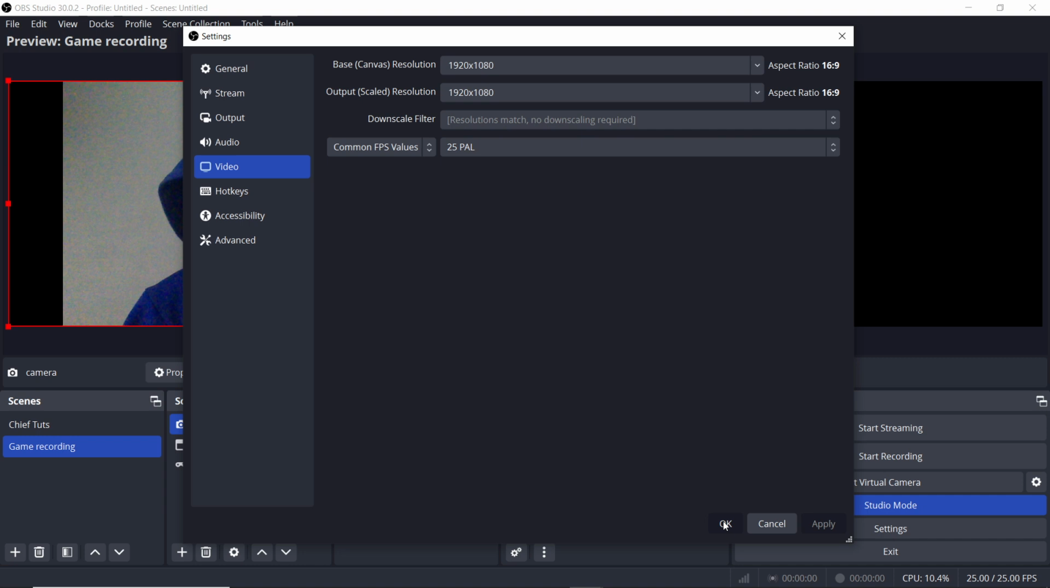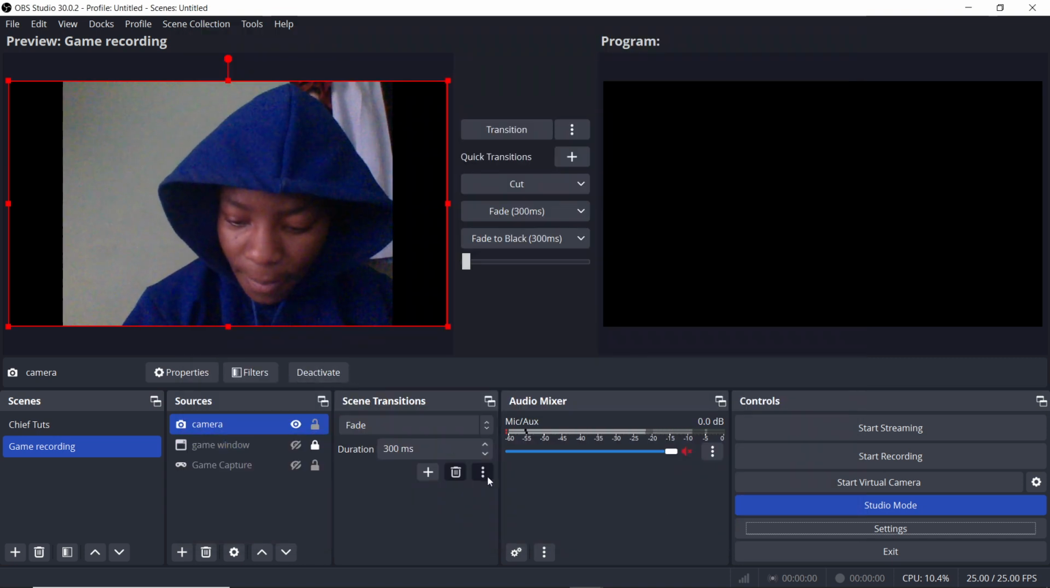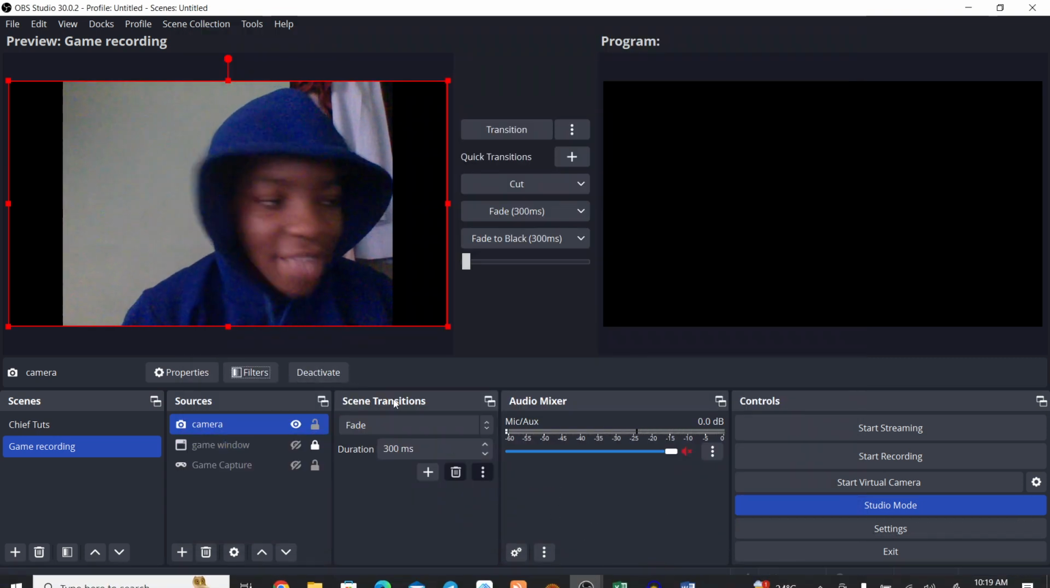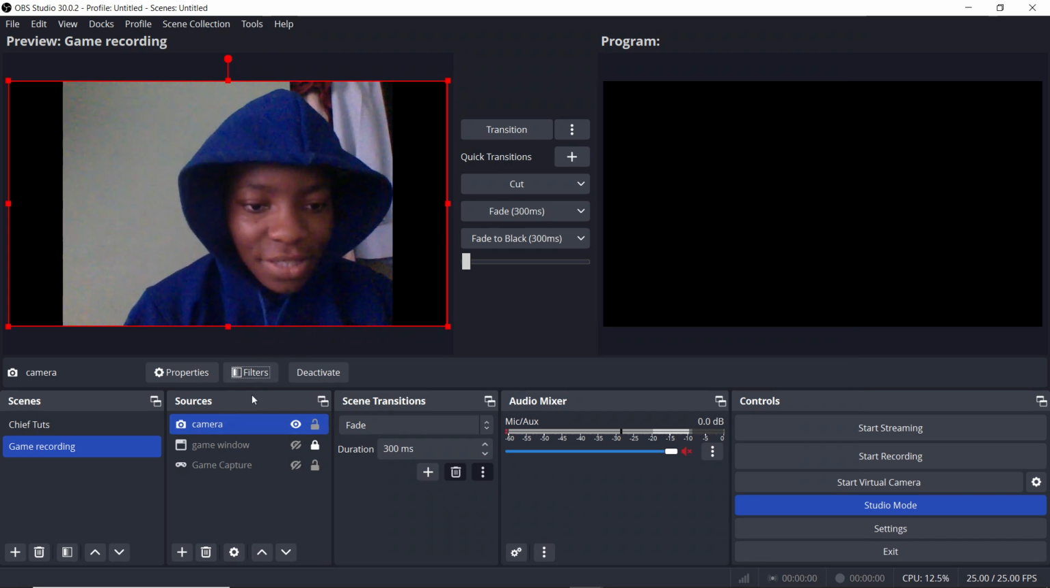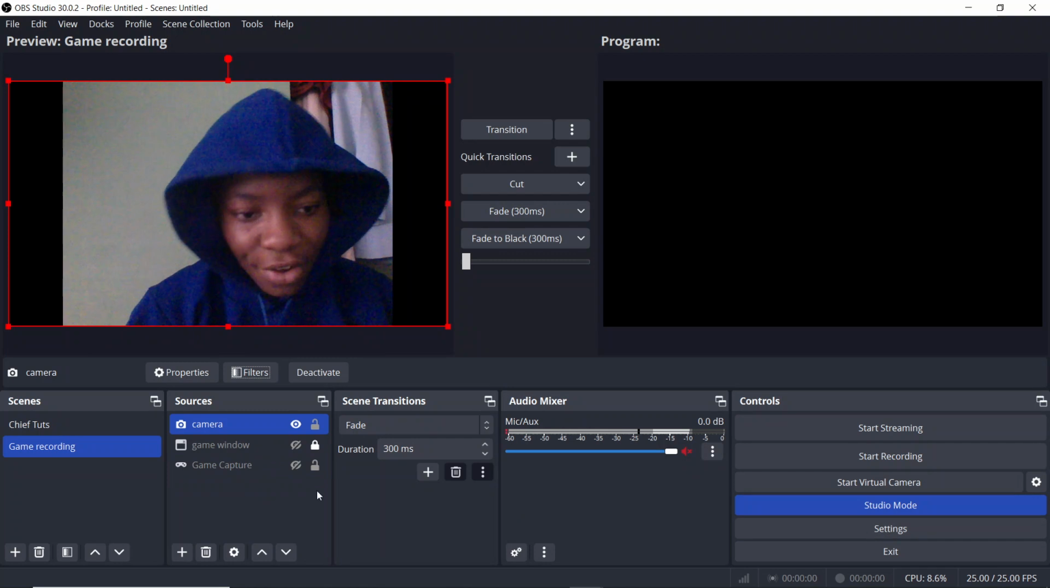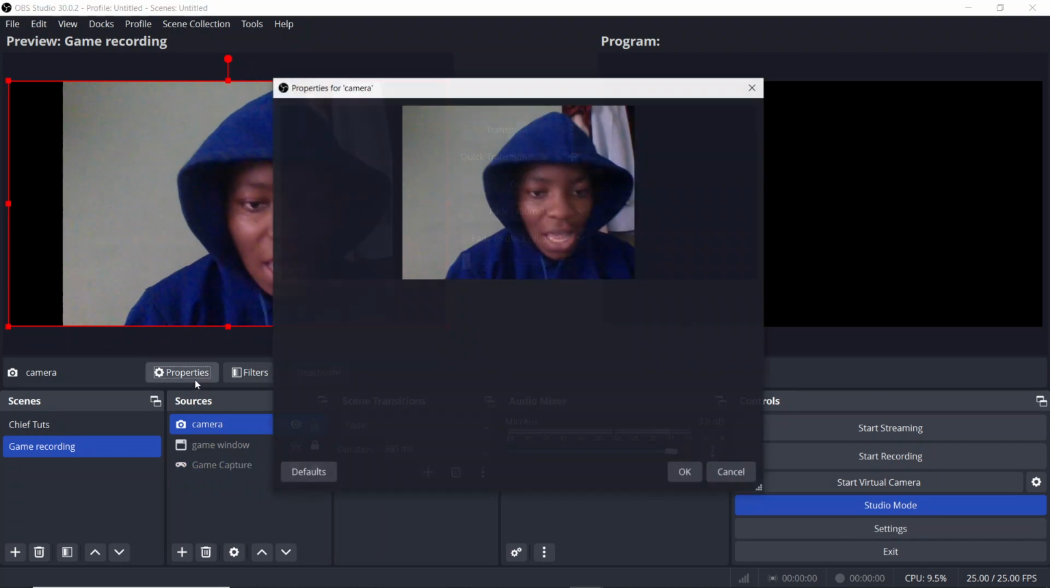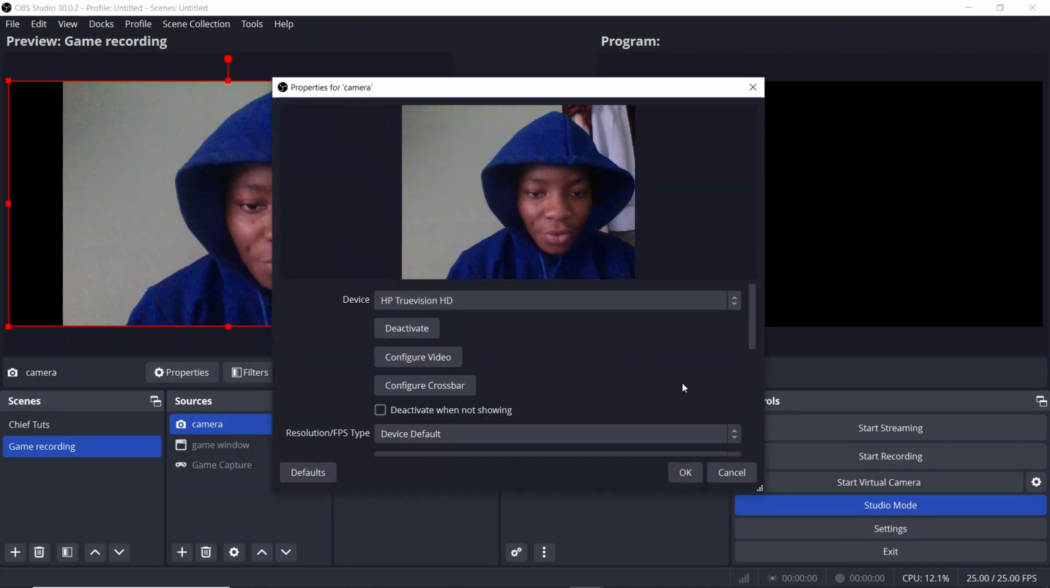So just go ahead and click on OK. Now all of those settings that I mentioned, that's the camera settings, can be found in the properties tab. So let's say if you're not able to configure the FPS without going to the settings right here, you can go ahead and click on properties, and once you click on properties, then you can head over here, click on